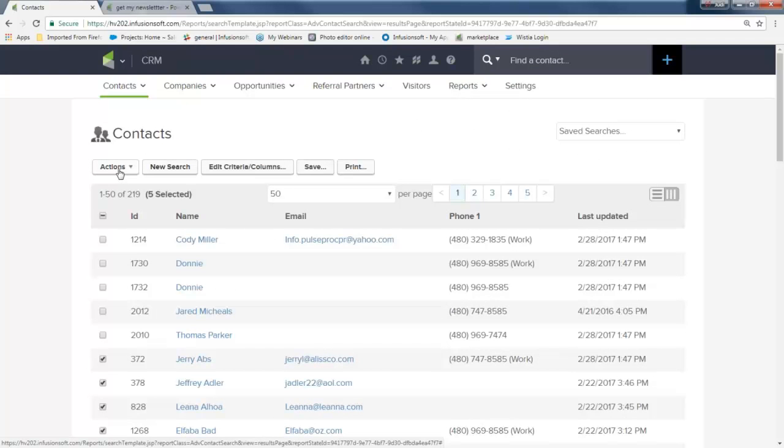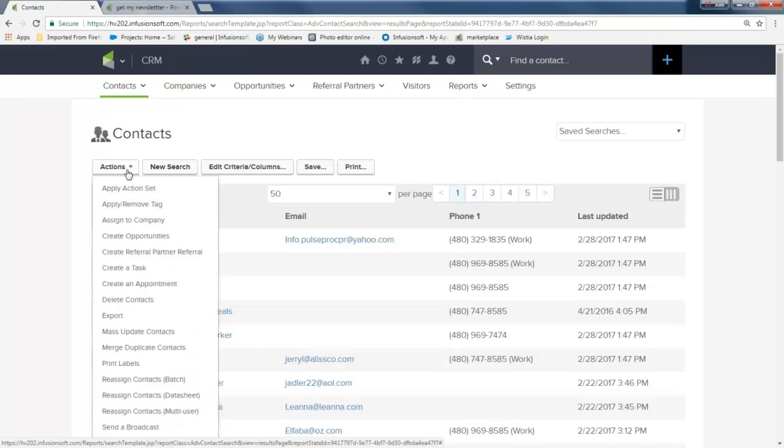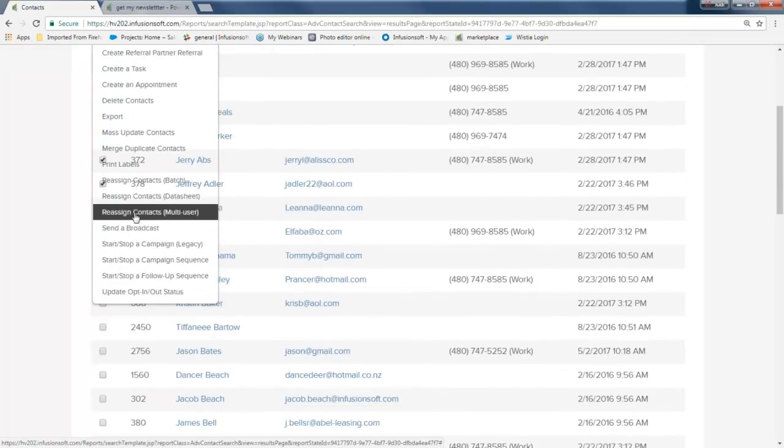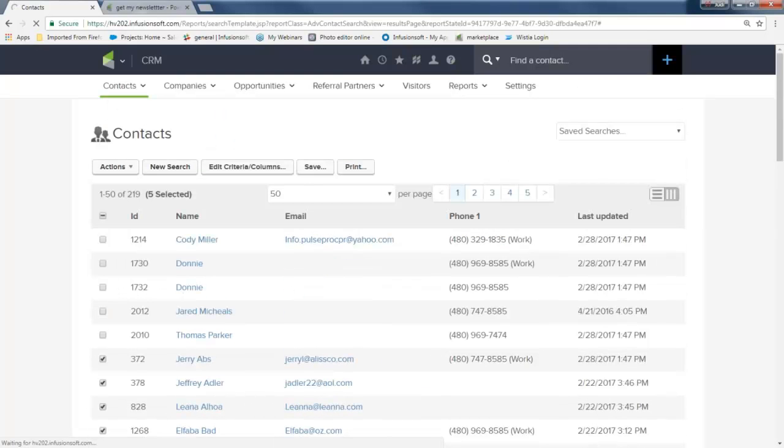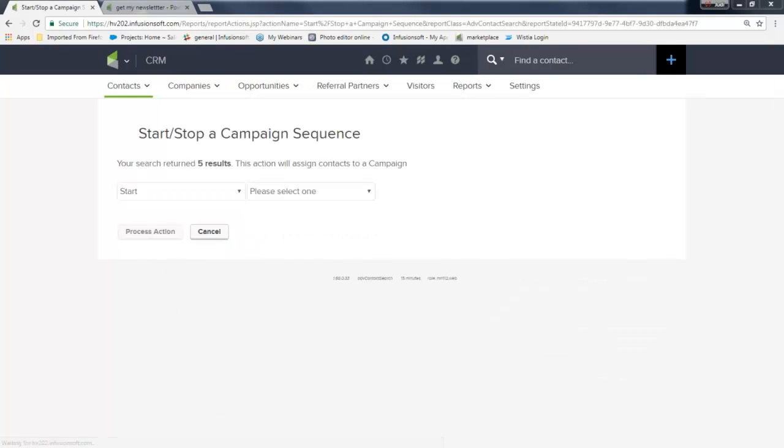Check the boxes, come to the Actions button, and almost all the way on the bottom, it's sandwiched between Start, Stop, Start, Stop, Start, Stop. It's a 1 right in the middle, and it says Start, Stop, a campaign sequence. I'm going to click that 1 time. And when I do, this page will appear, and it says, hey, you have 5 people. What action or what campaign do you want to assign them to? You can hit Start or Stop. I want to start them